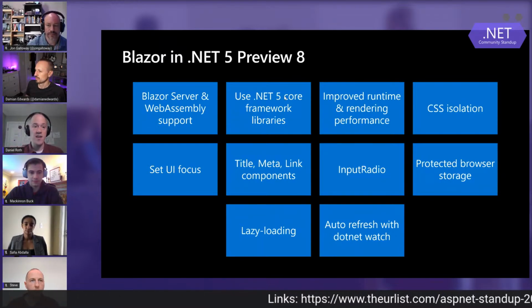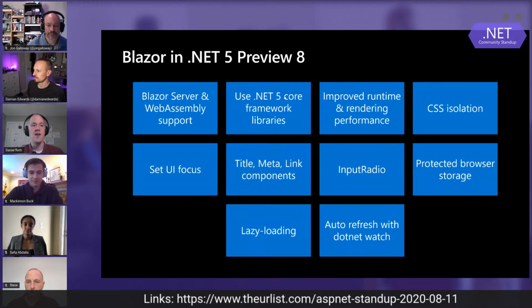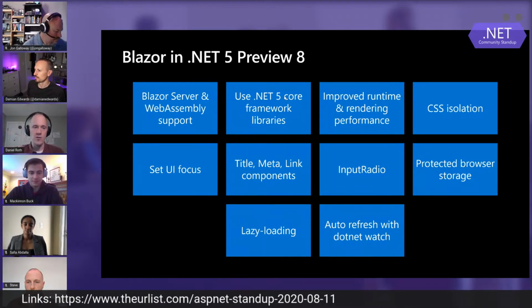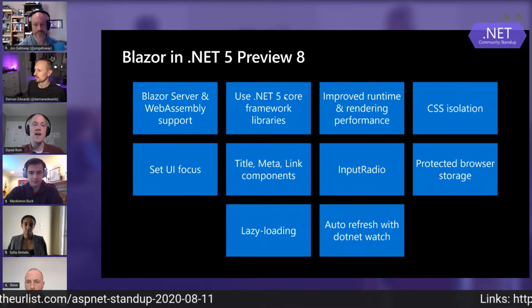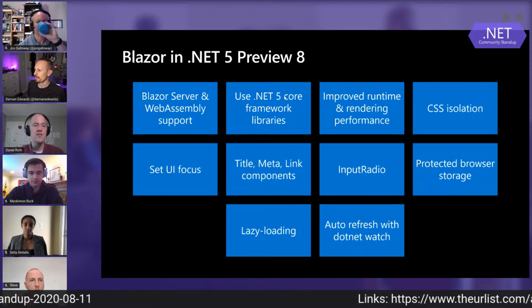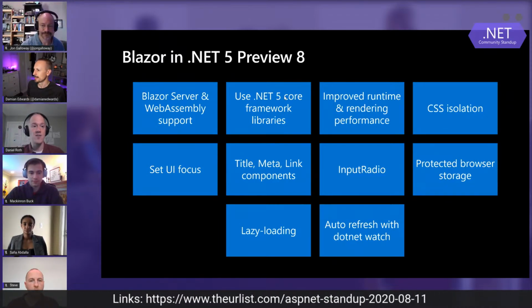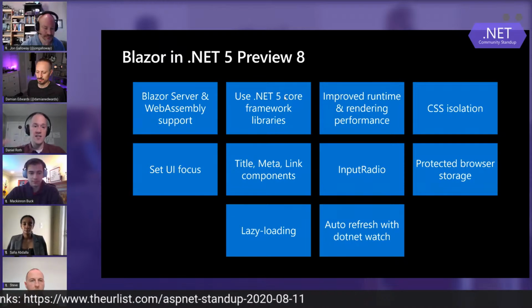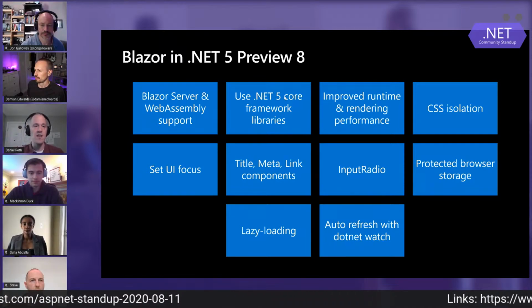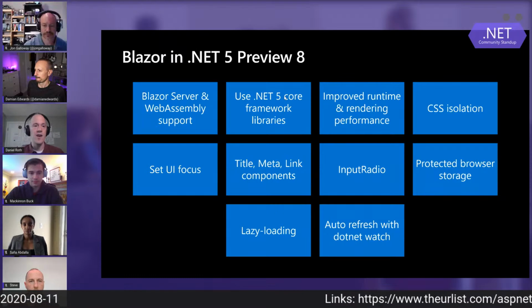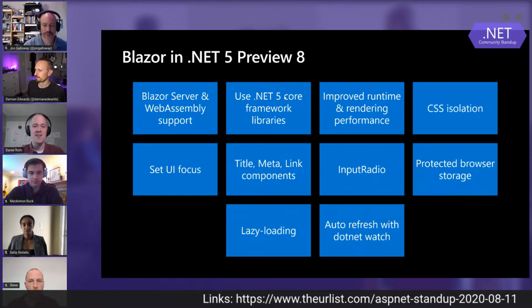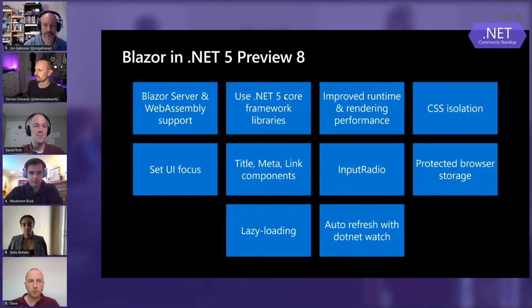So we've been kicking that off with Blazor by replacing the Mono libraries with the .NET 5 core libraries. And that gives us a couple of things. It allows us to target .NET 5 as our target framework, so you get an expanded API surface area in the .NET 5 timeframe, and we just get all the goodness of having that single implementation. So that work was pretty much done with preview 7, and it's been a little bit ongoing into preview 8